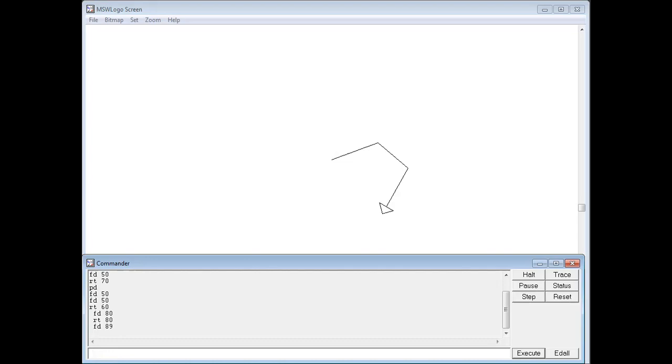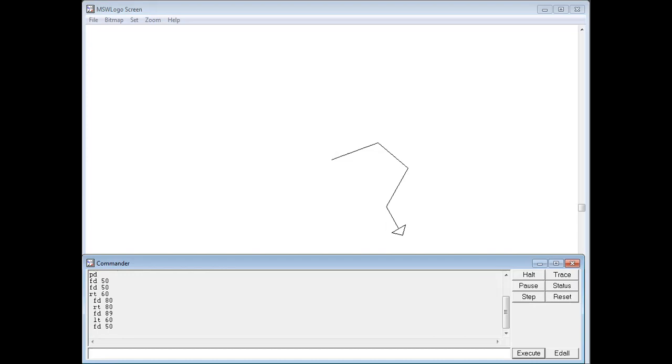Then suppose LT, it is your choice, you can draw anything. It depends upon you, whatever shape you want. According to that, you use any command. FD stands for forward, LT for left turn, RT for right turn.